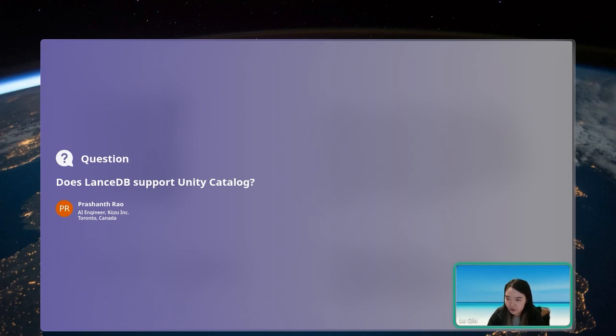If you want to leverage more functionality from the Unity Catalog, there probably needs to be an integration. I'm not 100% sure whether we have already started the integration or not, but this has been a long-requested feature since the last Spark Data and AI Summit. Many people come to us and ask for this integration. I think we may consider working on it pretty soon.